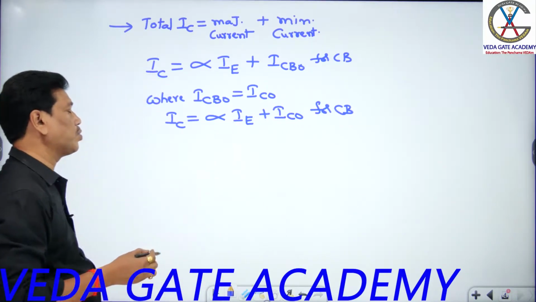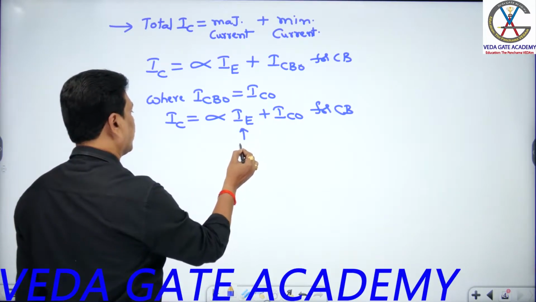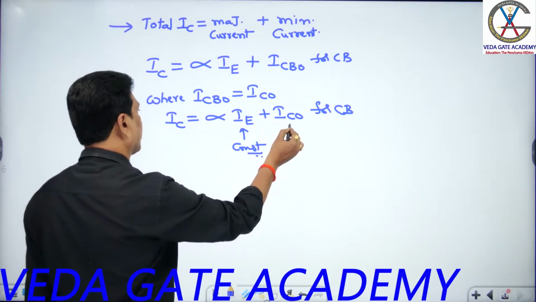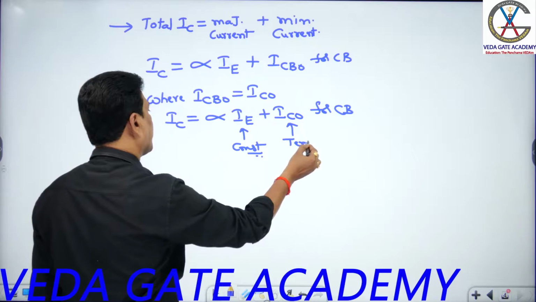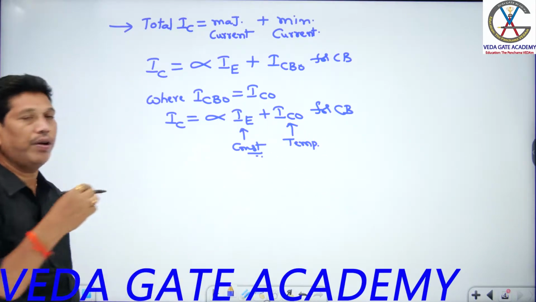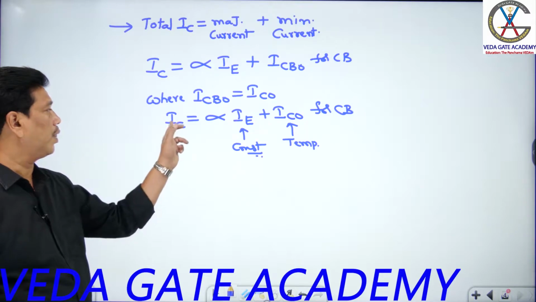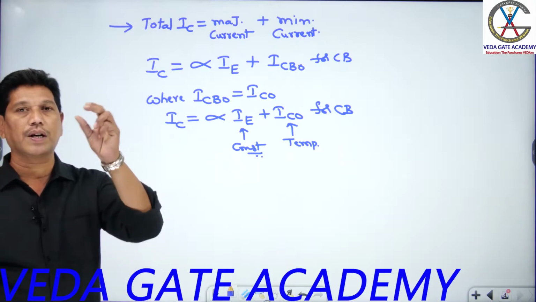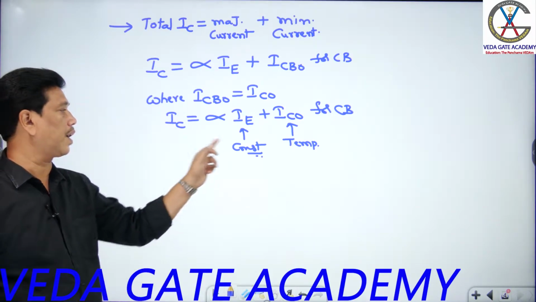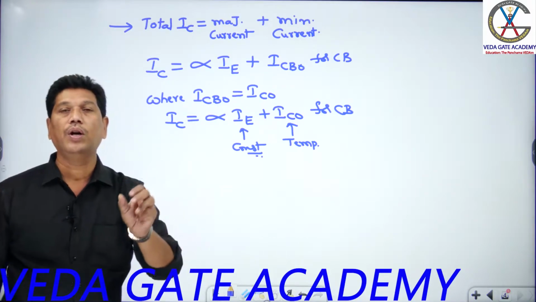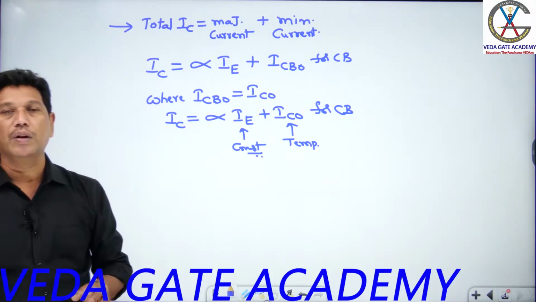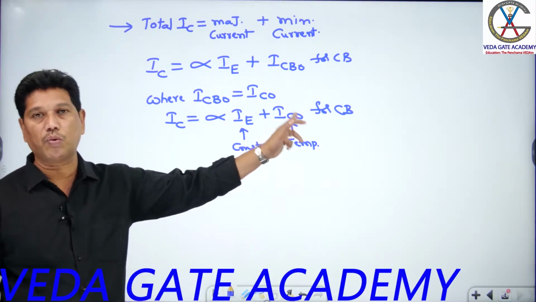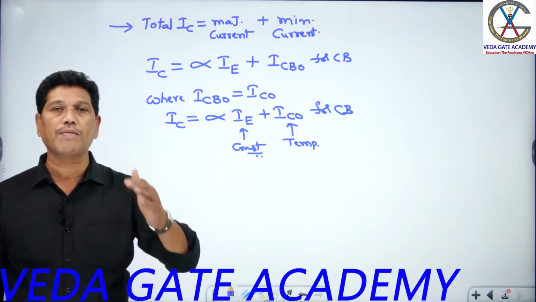From this you see, students, keeping input current constant, the total change in collector current due to temperature is just one time the IC naught. That IC naught is temperature dependent, and it is negligible, indicating that the change in collector current due to temperature is very small in the common base circuit. So the common base circuit is quite stable and does not require any further stabilization. That is an advantage of the common base circuit.